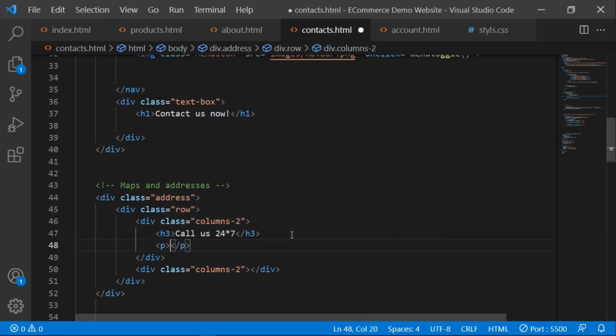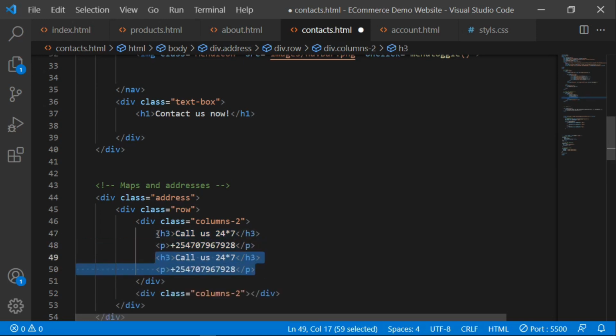Let me write a number here, beginning with the country code. So let me say plus 25 47 07 96 79 28, and then let me just duplicate this part,